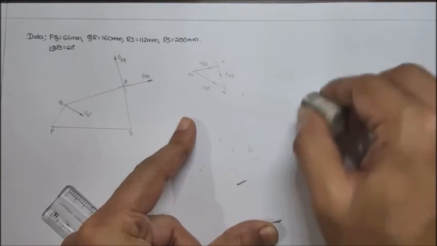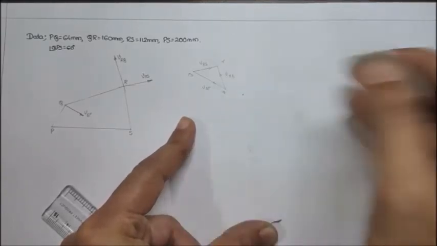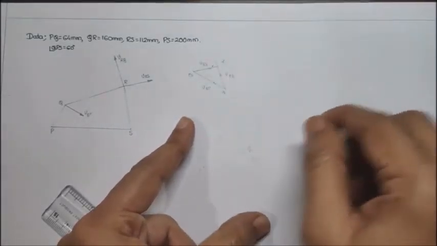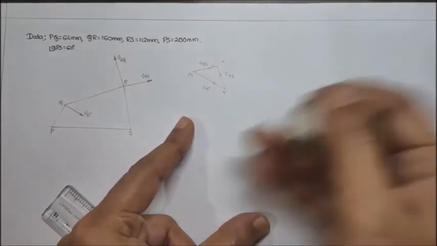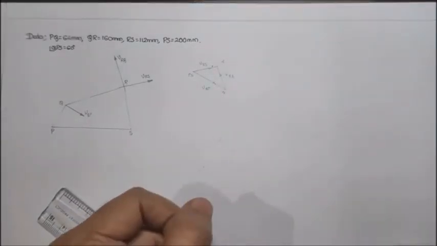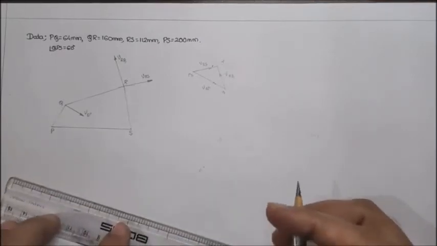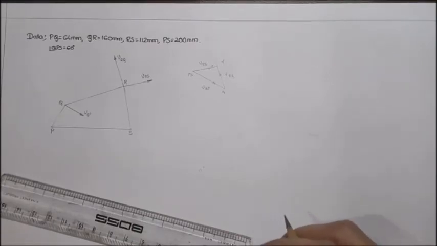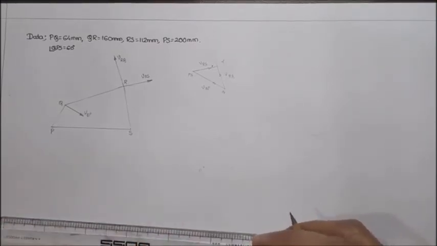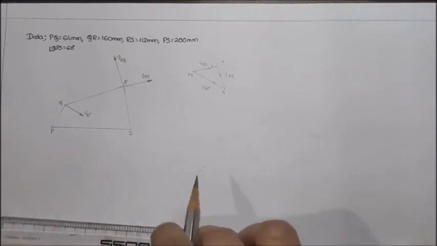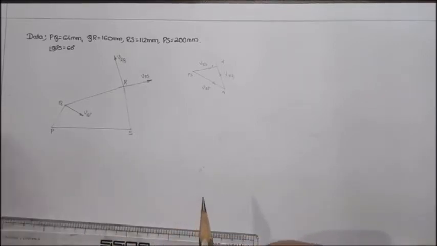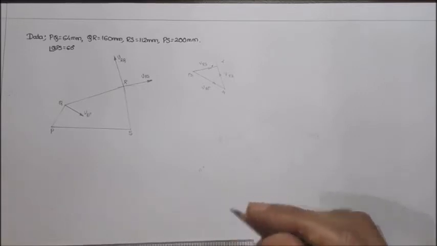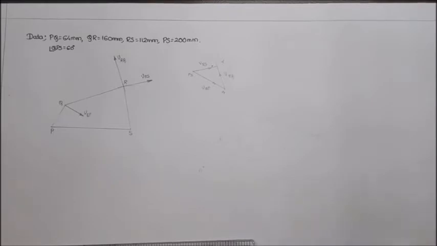But in most cases, students make one particular assumption, that this is difficult, we need not do this one, we will do only the velocity part. That is their assumption, but I prefer you to do both the velocity part as well as the acceleration part. Now, what all things do we require for doing this acceleration diagram? From the previous velocity diagram, we require certain inputs.